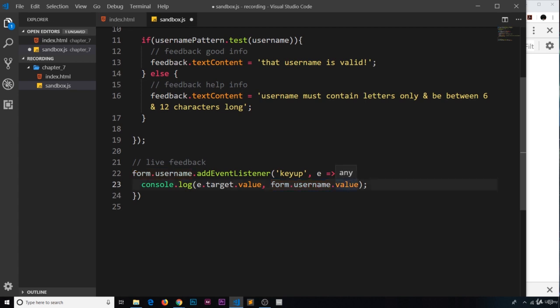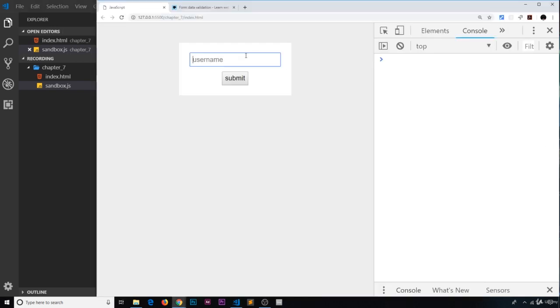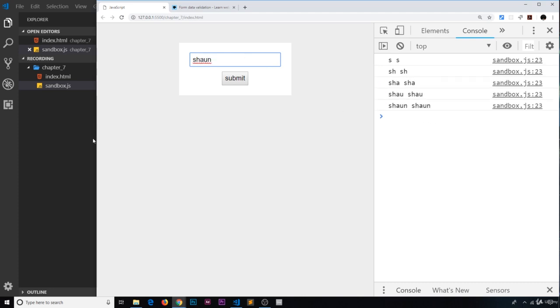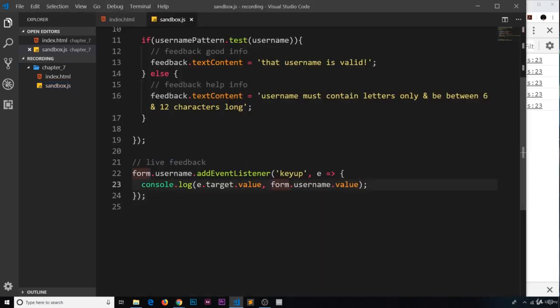So I'm going to demo this. I'm going to put my semicolon there, save this. And as I start to type, we can see now two different values. And they're both exactly the same. Now what I'm going to use is e.target because I just prefer to use this when we have access to it. Just in case in the future I change the name of the form, it's one less place to change it inside the JavaScript. So let me just comment this out and then I'm going to say if,